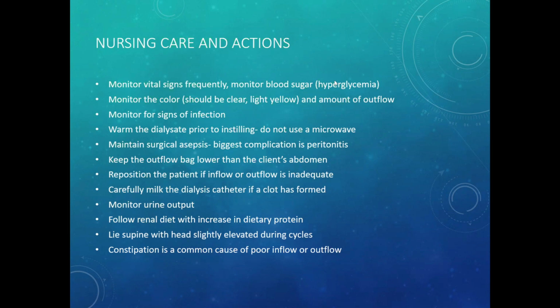Sometimes when patients go to dialysis, you'll notice after they come back, maybe they